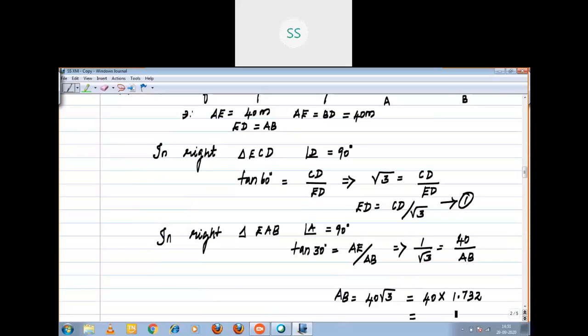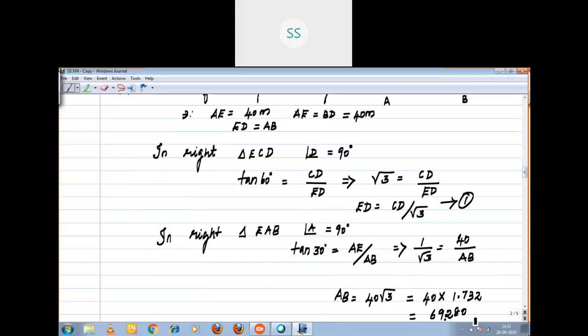AB equal to 40 root 3, which is equal to 40 into 1.732, which is equal to